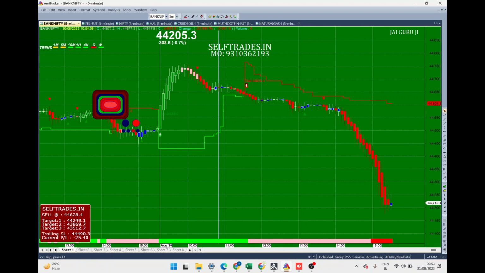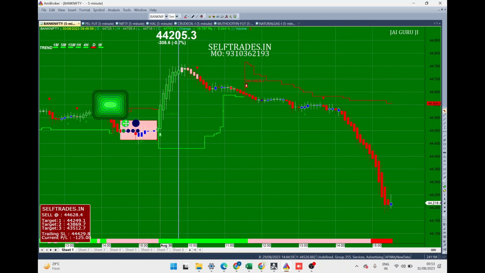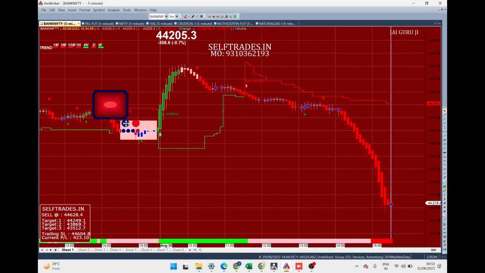Now these two dots tell us where the volume is. That means whether people are selling or buying at market price. If this is green, more people are putting buying orders. If this is red, more people are putting sell orders. Like a trader, when you put an order of Bank Nifty, you are putting either a selling order or a buying order. If the bigger circle is red, it represents 10 minutes, and the smaller circle represents 2 minutes. So if the bigger circle is red, more people have been putting sell orders in the last 10 minutes. If the smaller circle is red, more people have been putting sell orders in the last 2 minutes.